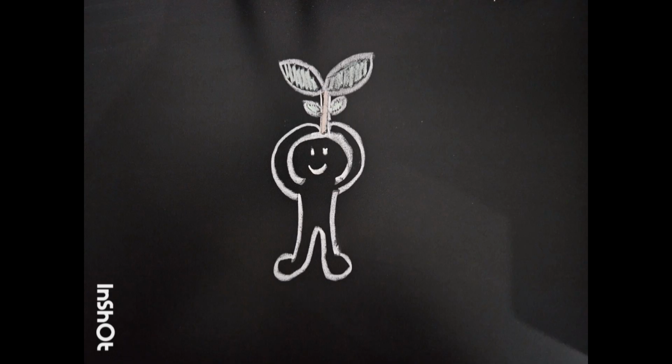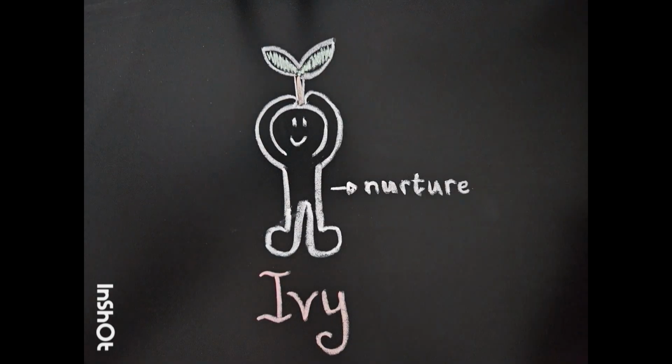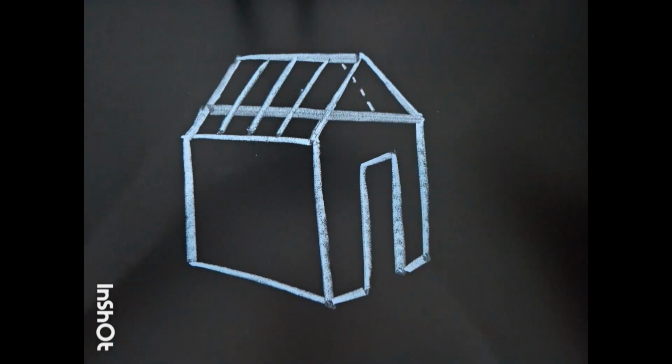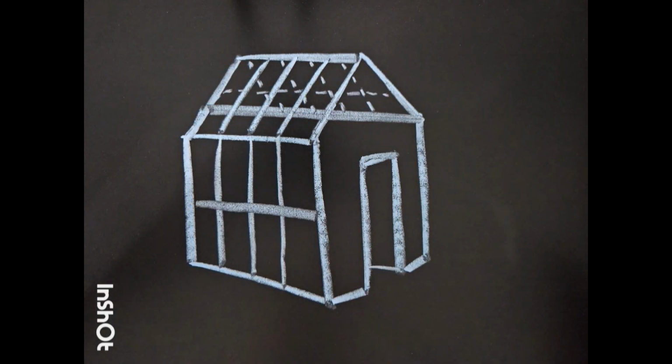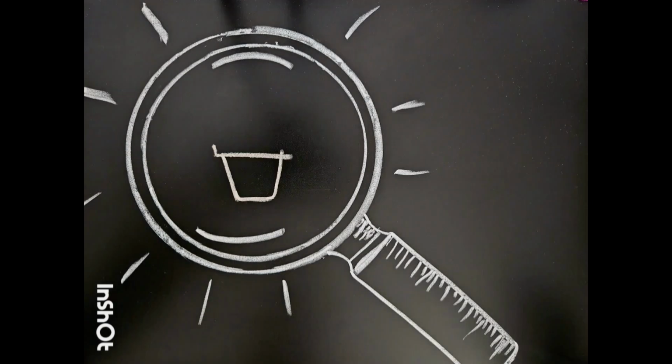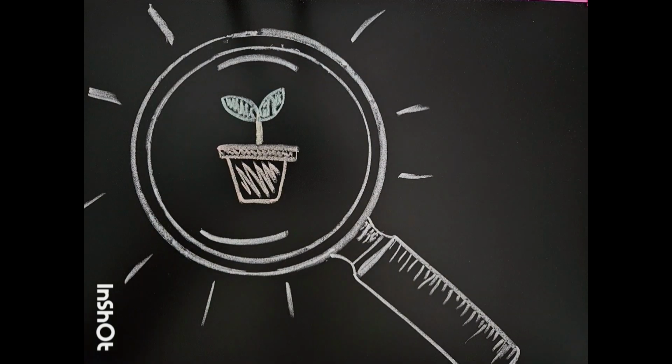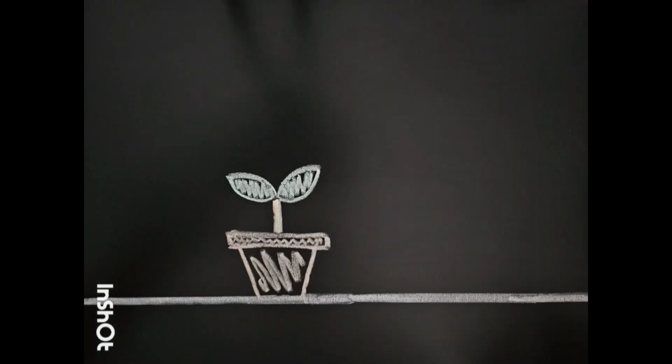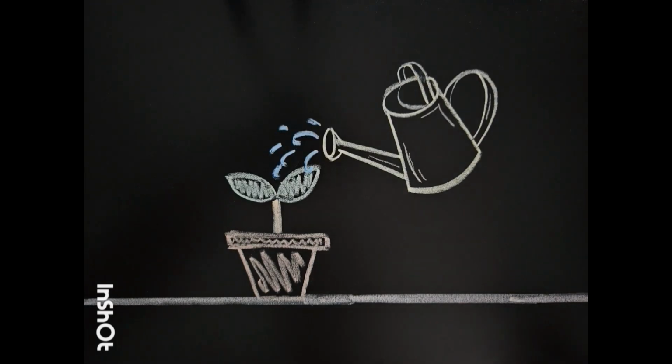Now we move on to Ivy's story, where she will tell us about the concept of nurture. In this greenhouse we see Ivy. Well, not really. Let's take a closer look. There she is, our second little seedling, Ivy. Ivy isn't found in her natural habitat like Poppy. She is instead in a pot in a little greenhouse, where someone takes care of her, gives her water, just